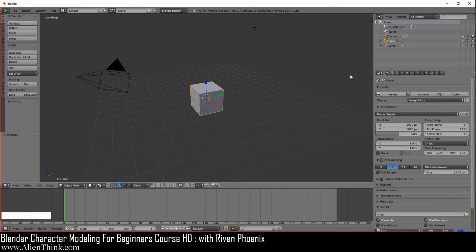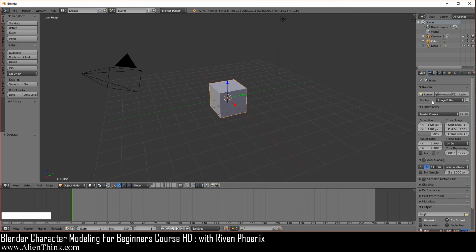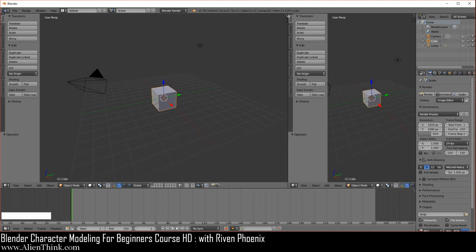Now that you understand this, what I want to show you is that you can actually add more window types, okay? So all you have to do is click on this little triangle. If you click on it with the left mouse button, if I click it, drag it to the left, you can see I can open a window type over here. So it basically duplicated this window over here. Now the reason it did that is because look where we click. We click on the triangle that belonged to this window type. So it basically duplicated this window over here.